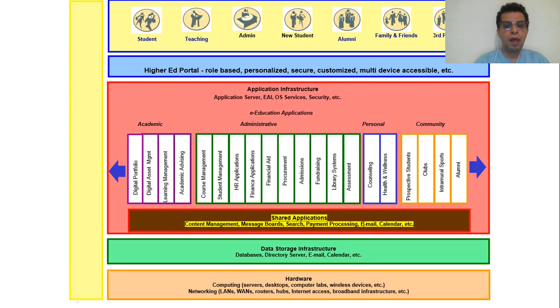On the administrative side, you might have the course management, which is when you take this course, there is dependence. For example, when you finish chapter one, you're not going to see chapter two without finishing chapter one, and you're not going to take the test without finishing the chapter. This is the course management, how you manage the course.